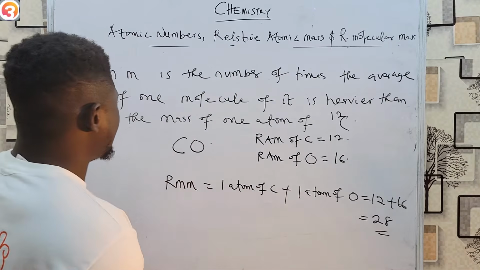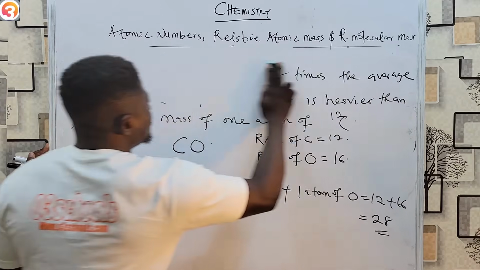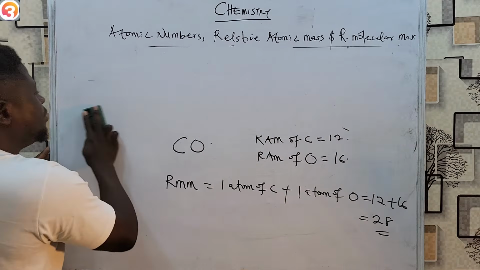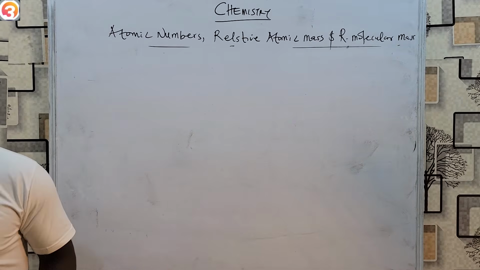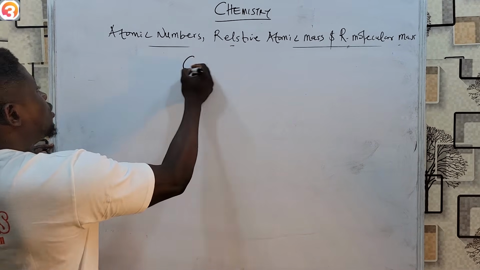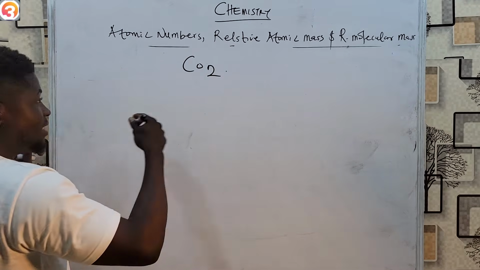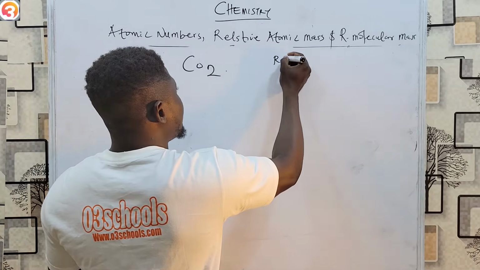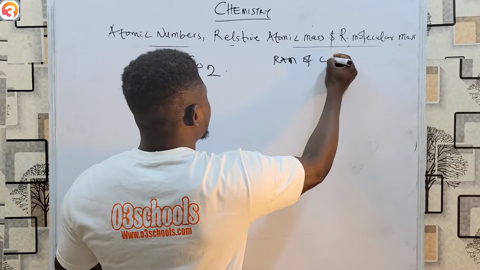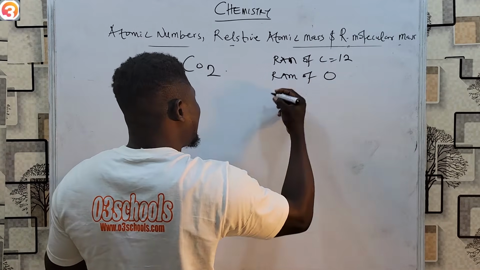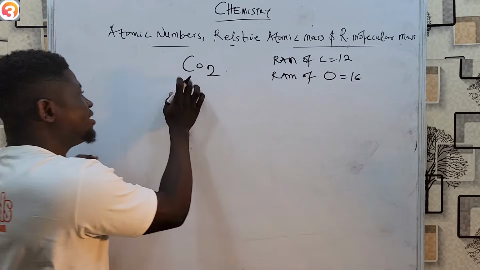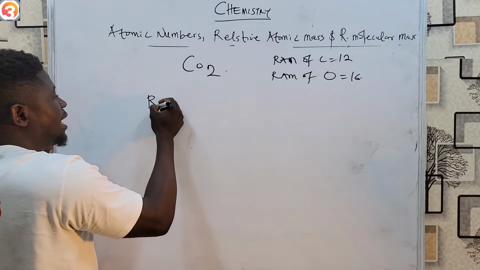So let's take another example. Let's say we're trying to find the relative molecular mass of carbon dioxide, CO2, right? The same thing we did. Relative atomic mass of carbon is still 12. Relative atomic mass of oxygen is still 16. So to find the relative molecular mass, RMM now,